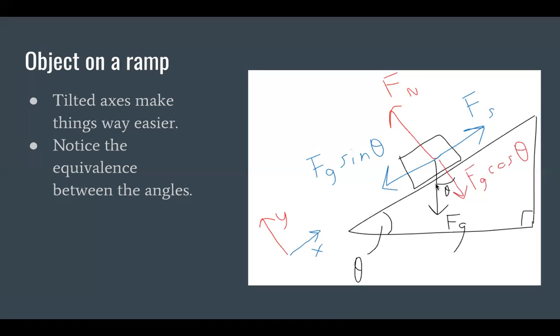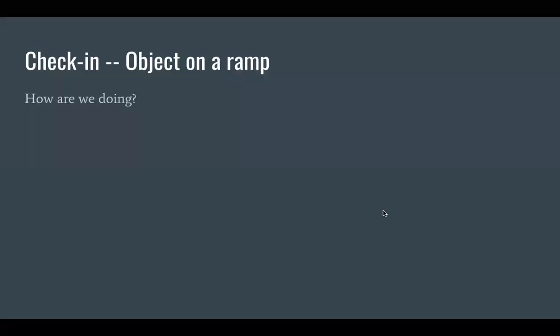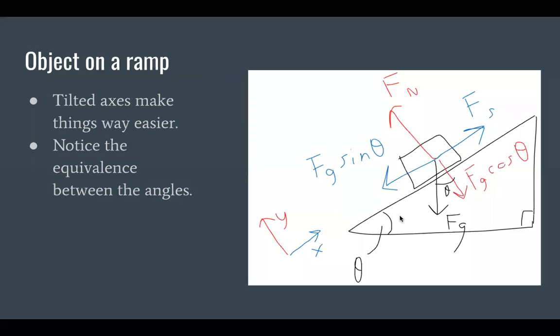That angle right here is equivalent to this angle down here for the ramp. And so if you know the incline of the ramp, then you can automatically split gravity into its